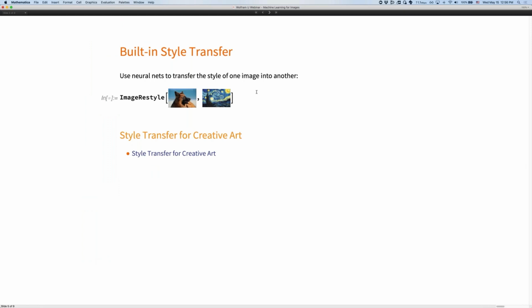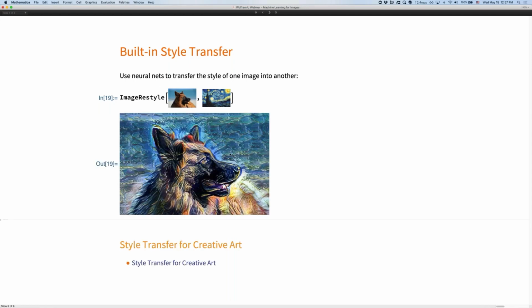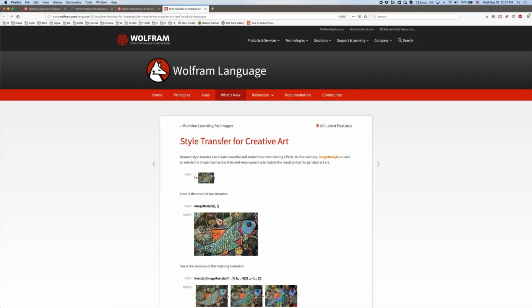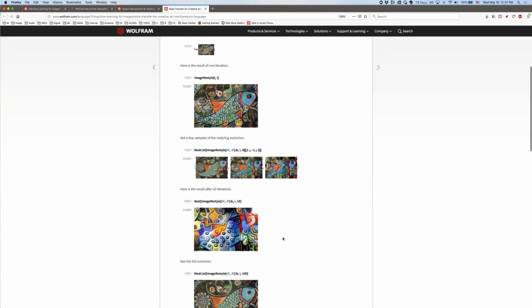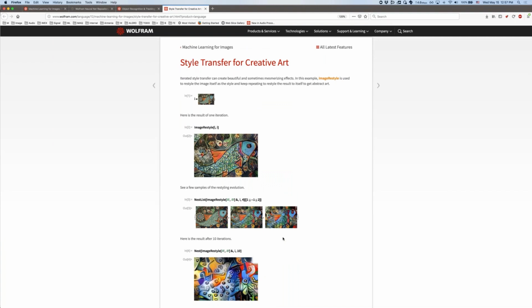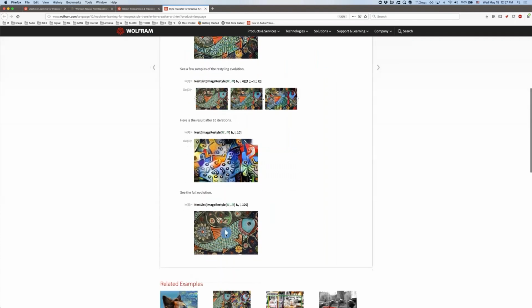Okay. Another function that I assume a lot of you have seen already is Image Style Transfer, that is built into the Wolfram Language. And again, the built-in function is just one function, but there are various creative ways of using functions to do different things. In this new in 12 example, we are showing style transfer to create art. You can see that basically what is happening, the image is being restyled to itself, and then some features show up after so many iterations. You almost get abstract art out of that, and so forth. A very neat example.